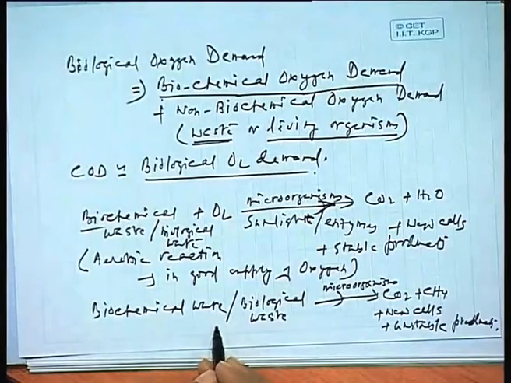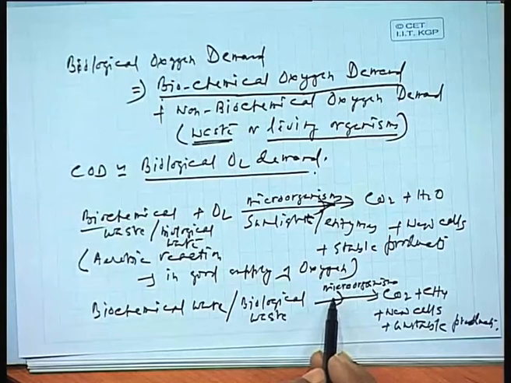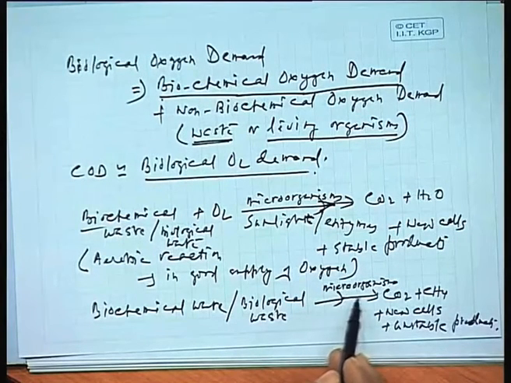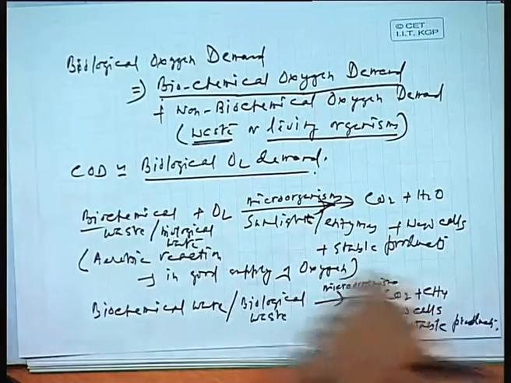But as we go in depth, when there is less sunlight and the water is depleted of oxygen, in such a situation we would find the second stage, that is the biochemical waste getting decomposed by the microorganisms, anaerobic microorganisms, in the absence of oxygen and sunlight, to form carbon dioxide, methane, new cells and unstable products. So this is how mostly these organic substances get decomposed in water.